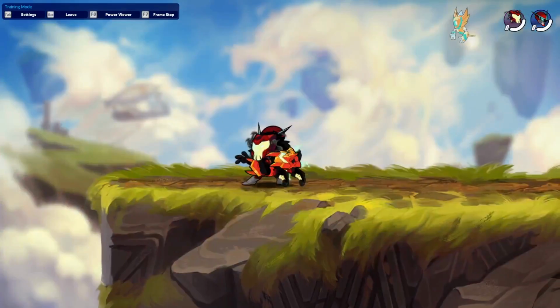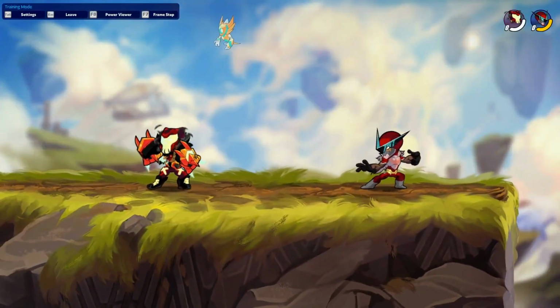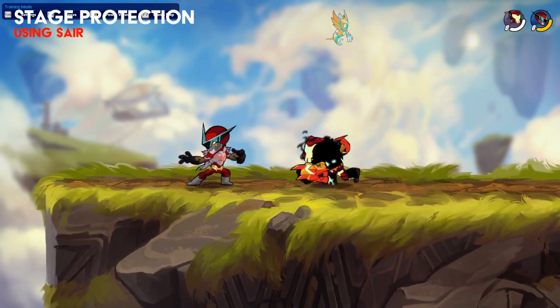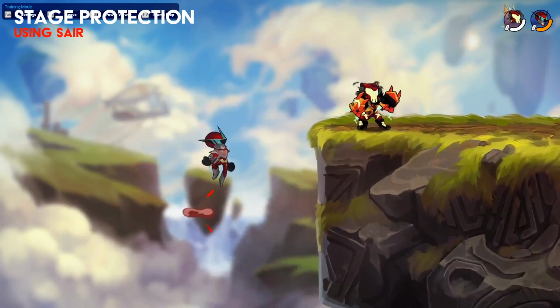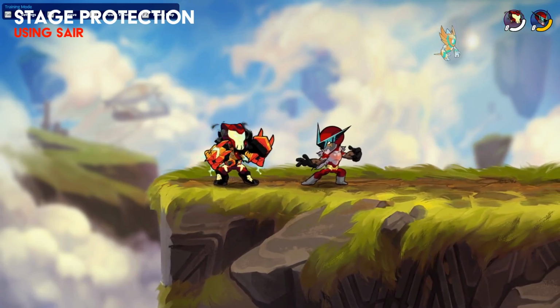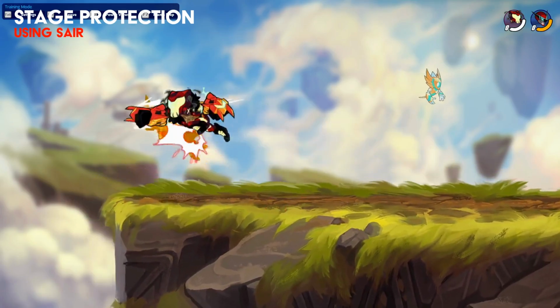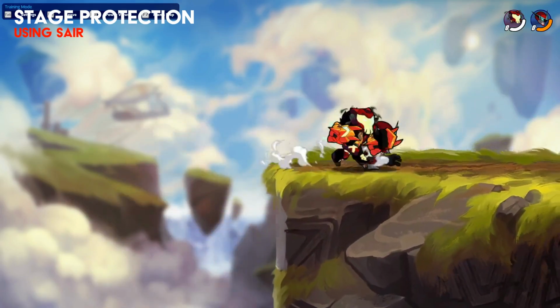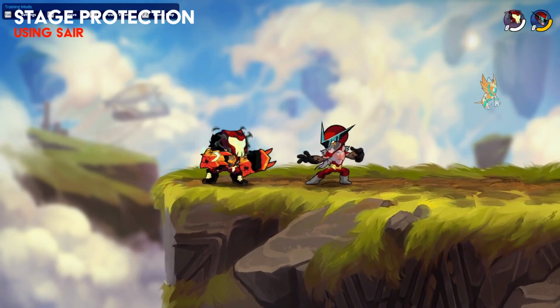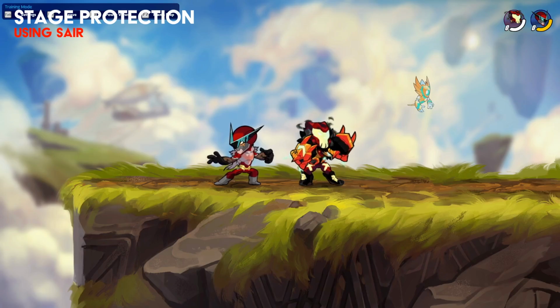In most cases when you would try to use this, it's always a better option to go for this, because that sends them farther off stage, and it's also a better killing option. You immediately assume stage advantage when you're using D-Light and you hit that. Okay, and also while we're on the topic of stage advantage,